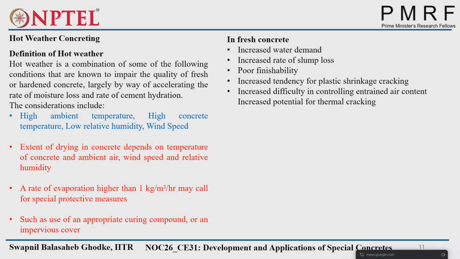To get the same slump, suppose we prepare concrete for a 75 slump, and the temperature is very high. Because of the high temperature, water loss will be there and hydration will be faster. That water will be used for hydration purposes, and because of that there is an increase in water demand. So the rate of slump loss is higher, and because of that we require higher water demand. But when higher water demand is required, what will happen? It will ultimately impact its strength,